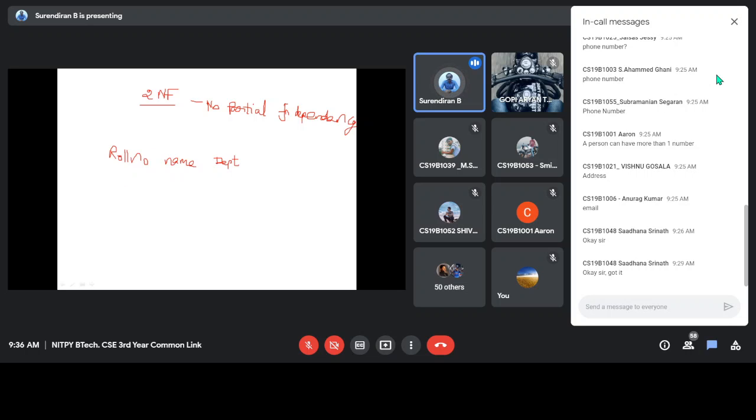If this is the table, then in this case we can have partial functional dependency.